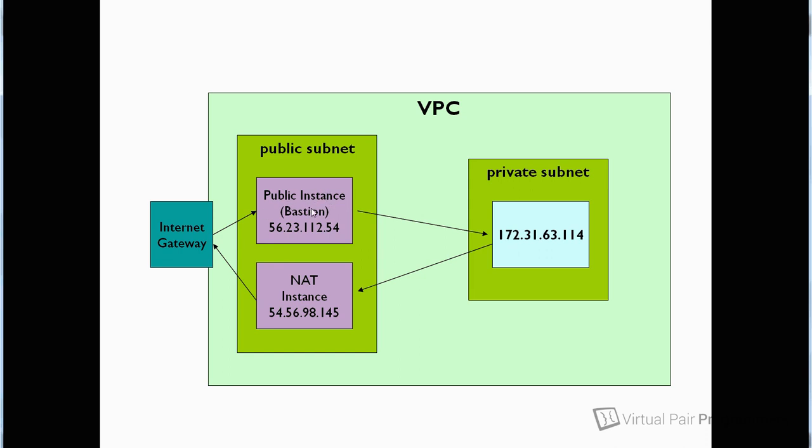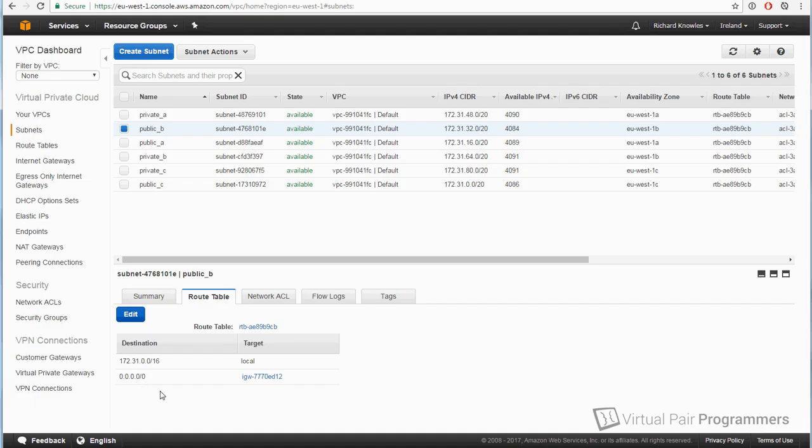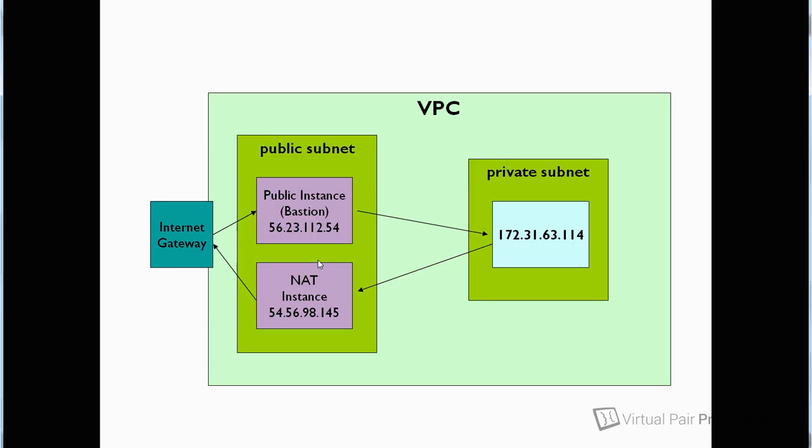Now this route table is relevant to outgoing internet connections. And what the route table is saying, if it's trying to contact an address beginning 172.31. anything else, then that network traffic needs to be routed locally. And that's why this has been working. If I'm on this instance and I try to connect to 172.31.63.114, then the route table is telling it, that's internal traffic,